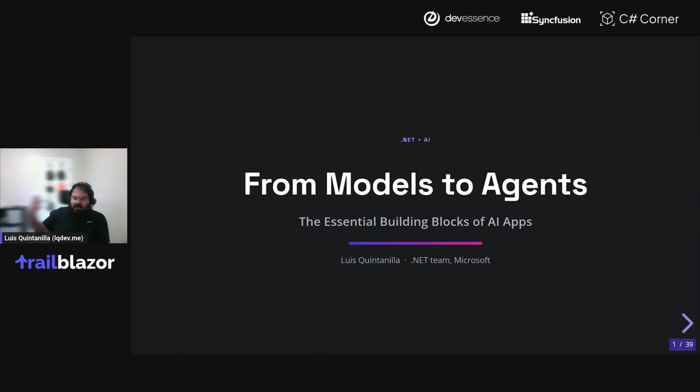As I mentioned earlier, you've probably heard Extensions AI mentioned many times throughout the other sessions. The reason for that is Extensions AI is the building blocks that the rest of the ecosystem builds on top of.